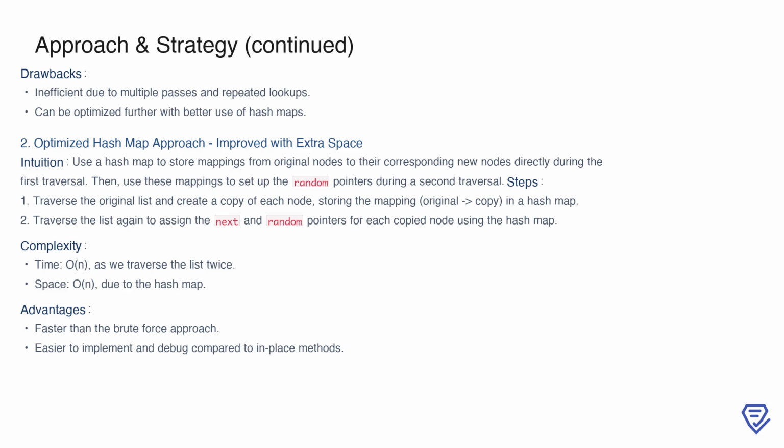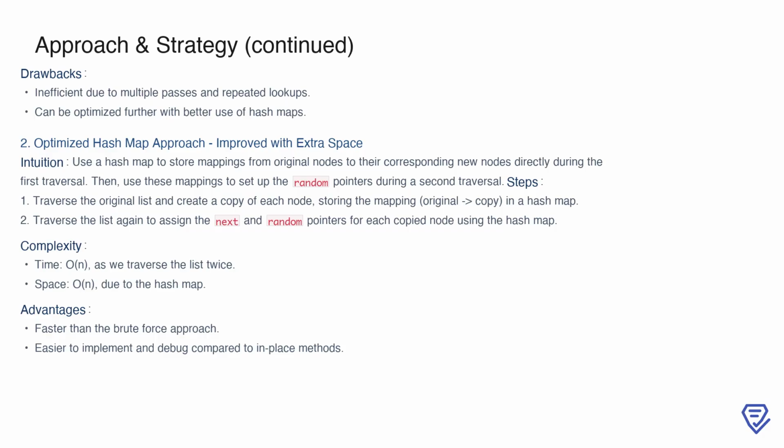Here, we reduce the inefficiency of repeated lookups by storing the mapping between original nodes and their copies directly during the first traversal of the list. This eliminates the need to search for random pointers separately. Specifically, we traverse the original list and create a copy of each node while storing the mapping in a hash map. In a second traversal, we use the hash map to assign the next and random pointers for each copied